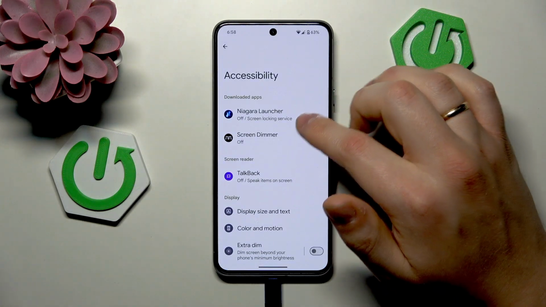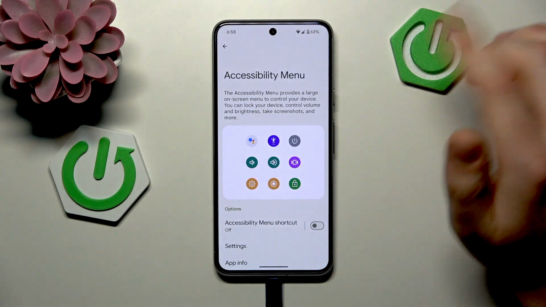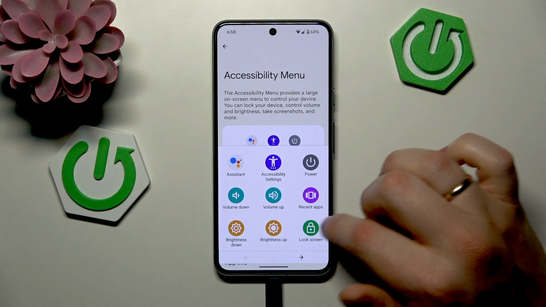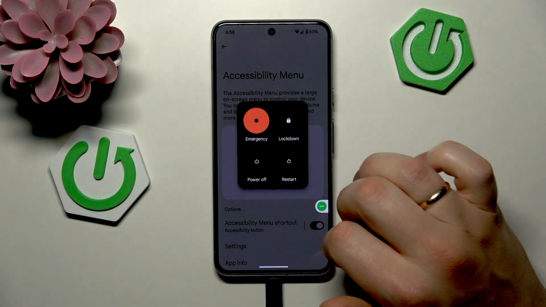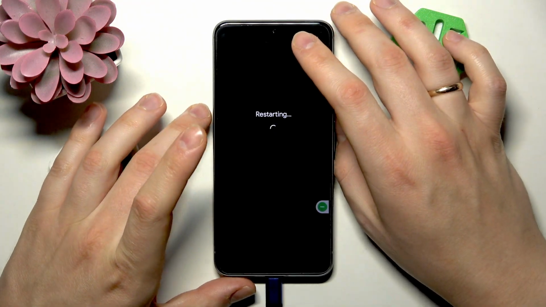Here, look for the accessibility shortcut or accessibility menu, something along those lines. Here it is. Now you can switch its shortcut on, and through this shortcut you can also launch the power off menu. Anyway, from here, all that you gotta do is to simply select restart or reboot option, or sometimes